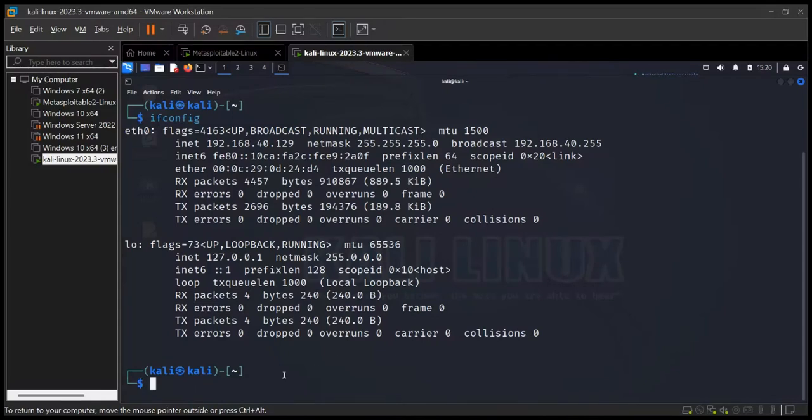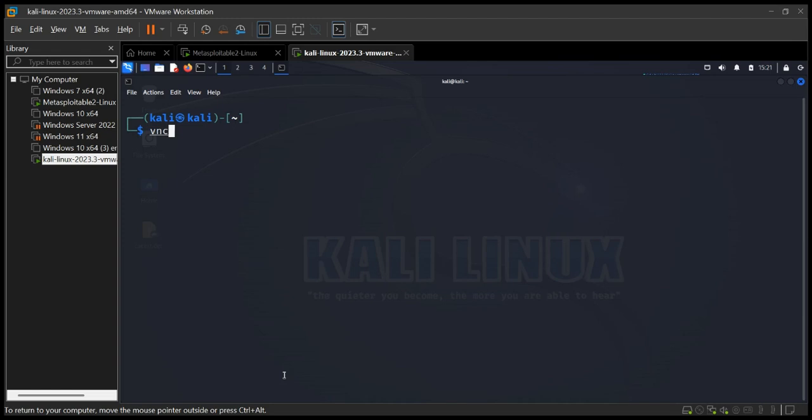Have you ever asked yourself why it is that sometimes when employees have problems with their laptops or desktops in an office, they call the IT team and the IT team is not able to intervene locally, and the IT team asks them to share their desktop virtually so that they can assist them from a distance? There is a protocol which does this, and it is known as Virtual Network Computing,